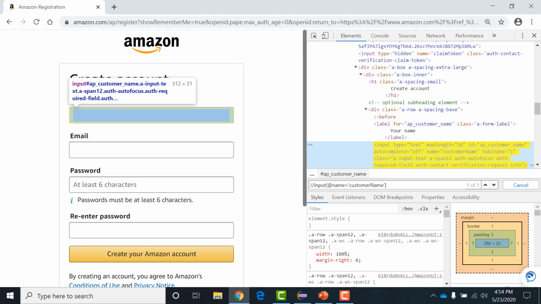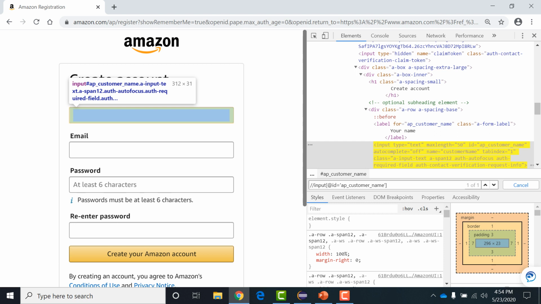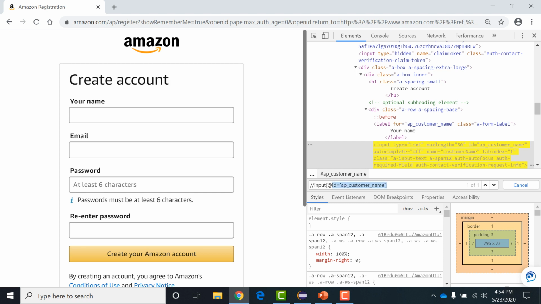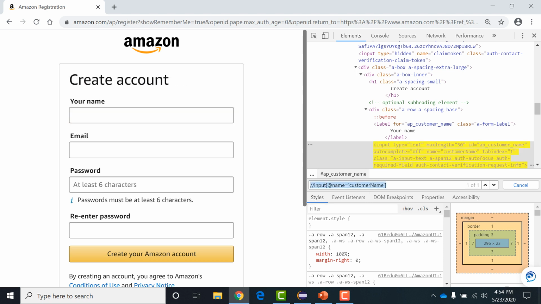If I want to define the attribute name as an ID, what I'll do, I'll just copy the ID. This is my ID, and my attribute name should be ID. Now we have identified our XPath. So let's take it as name, customer name, and it should be customer name. It is identifying one of one. Simple. I'll just take this.